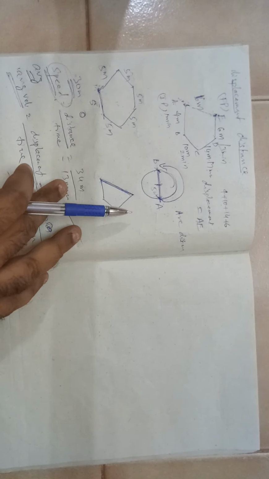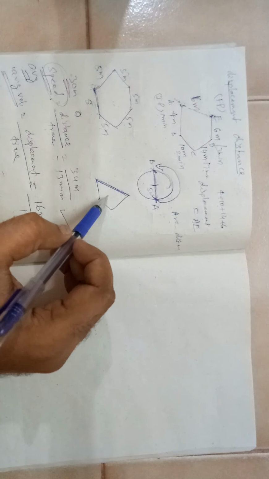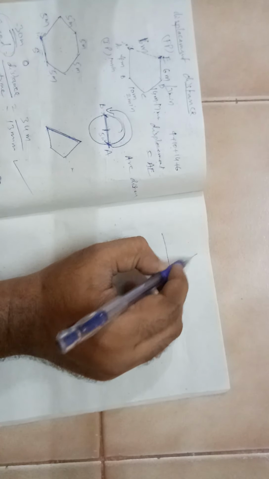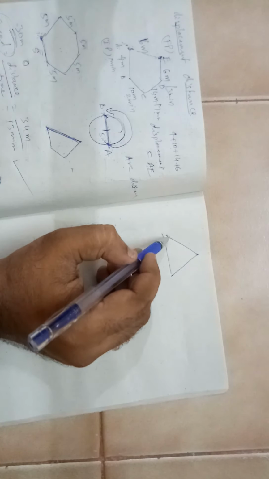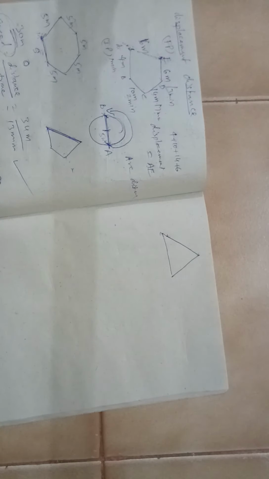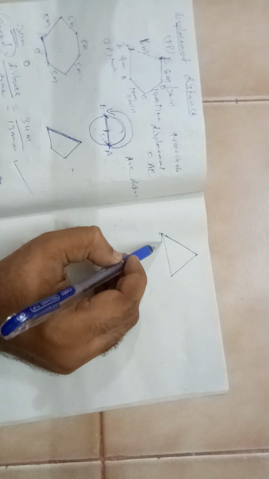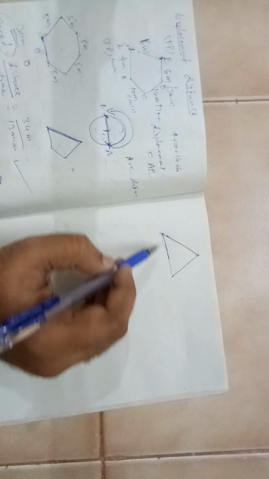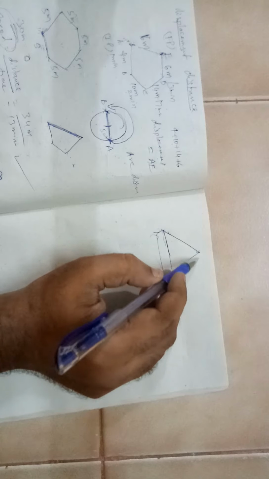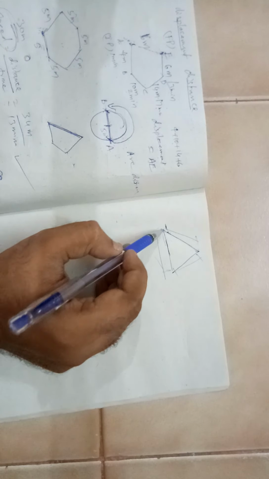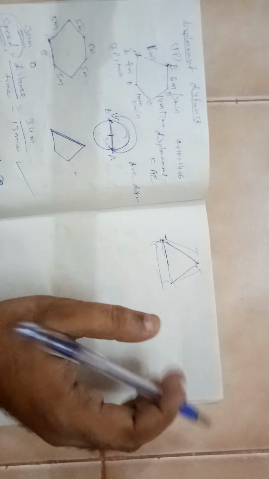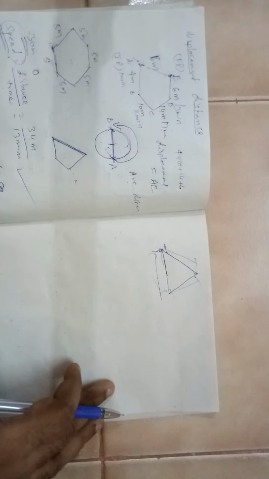Alright, if an object is moving in a triangular path, in this case, what is the distance traveled? If it is an equilateral triangle, it is this plus this plus this. What is the displacement? It is 0. So for displacement, always see what is the initial position and the final position.